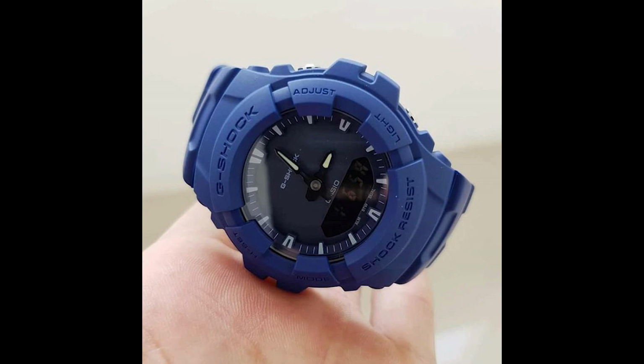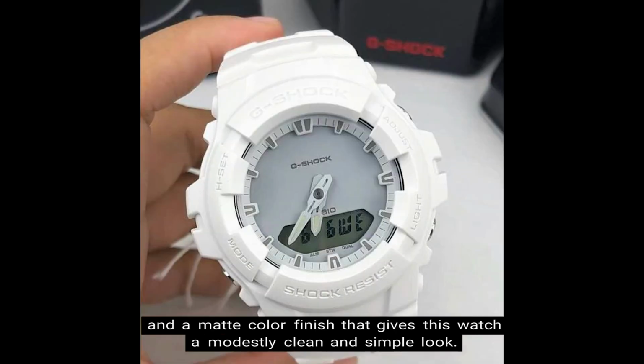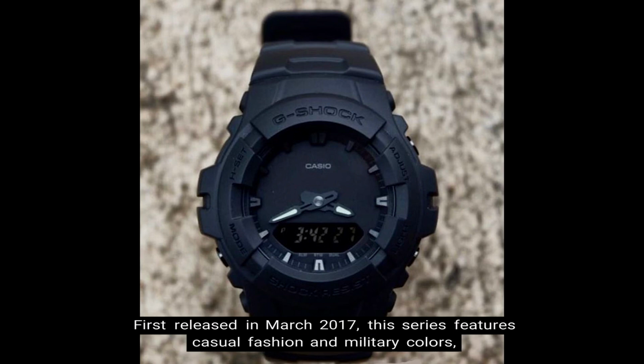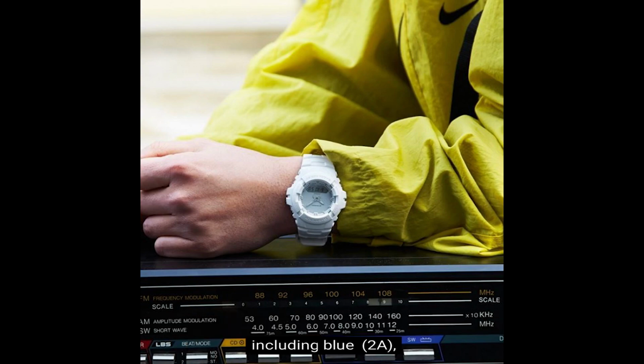Number 3. G100 See You. Now, the G100 See You model is an analog digital model that has a simple round face and a matte color finish that gives the watch a modestly clean and simple look. Clocking in at 49.6mm in the watch case, the G100 has an ageless design that lends itself well to a cool monotone styling. First released in March of 2017, this series features casual fashion and military colors, including the blue,